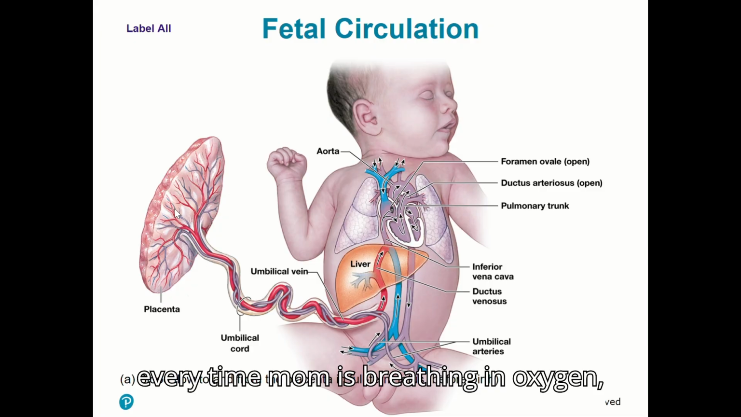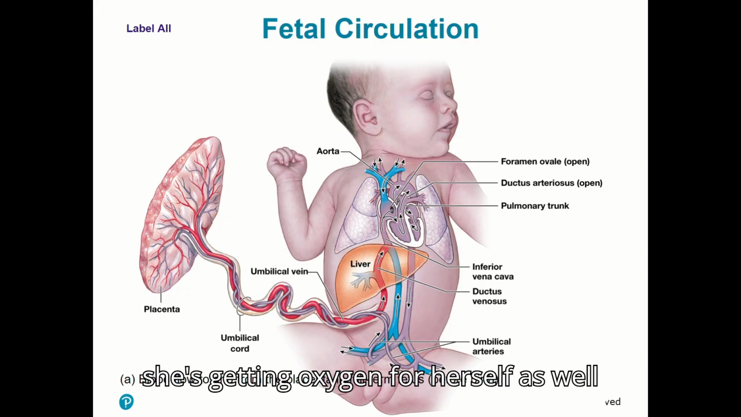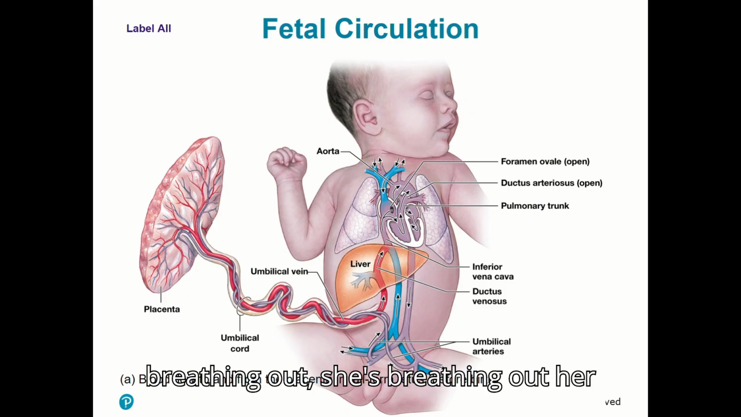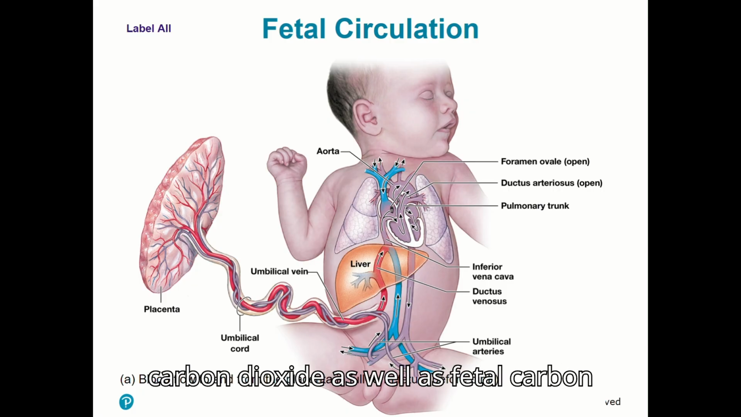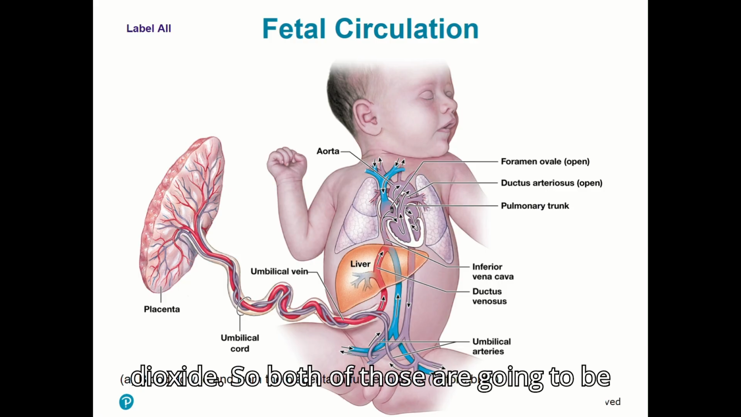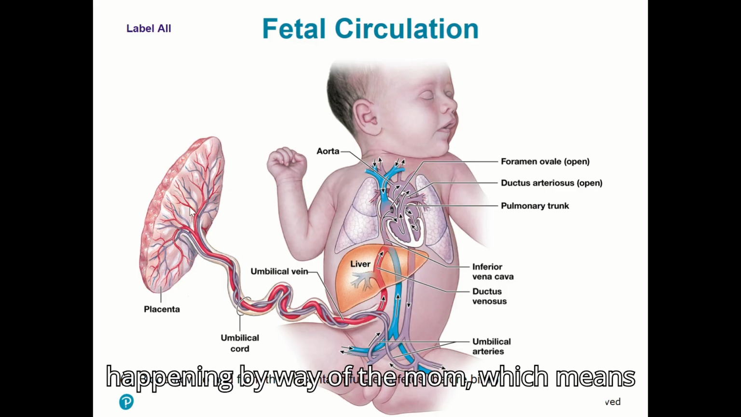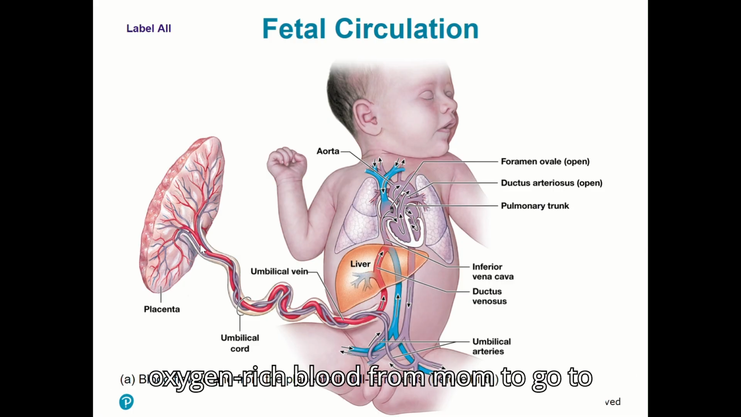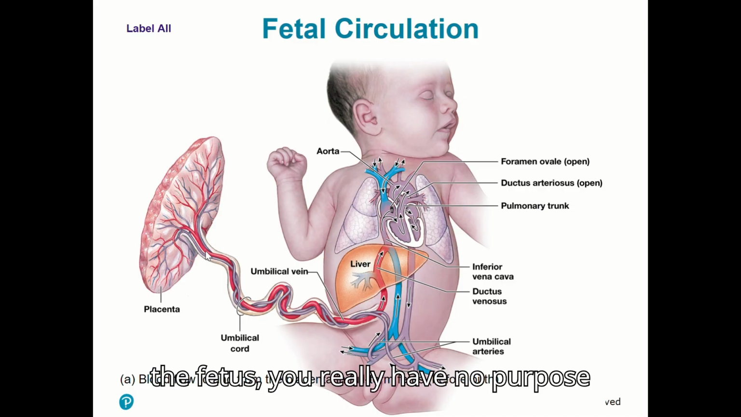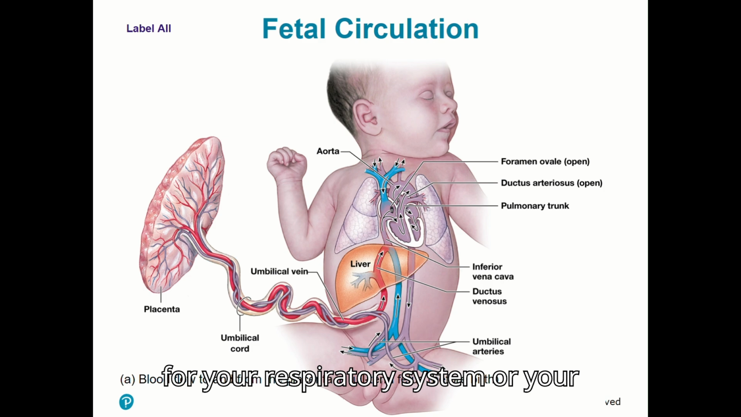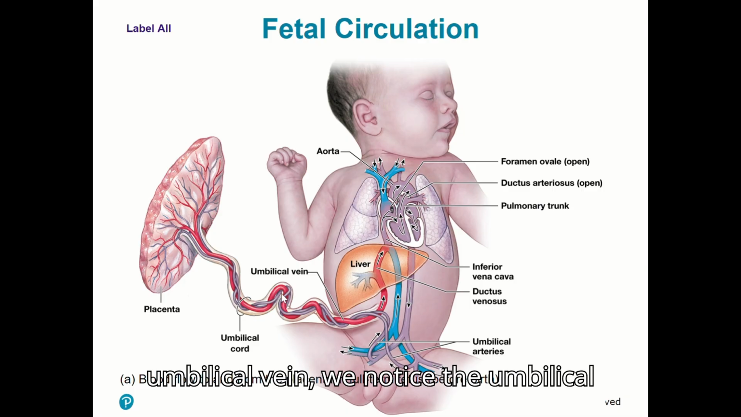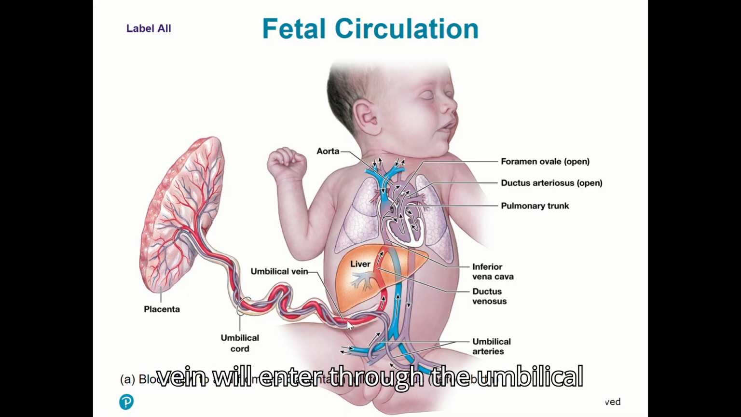So every time mom is breathing in oxygen, she's getting oxygen for herself as well as for the fetus. Every time she's breathing out her carbon dioxide as well as fetal carbon dioxide. So both of those are going to be happening by way of the mom, which means if you're getting nutrient-rich and oxygen-rich blood from mom to go to the fetus, you really have no purpose for your respiratory system or your digestive system. So if we follow that umbilical vein, we notice the umbilical vein will enter through the umbilical cord, and